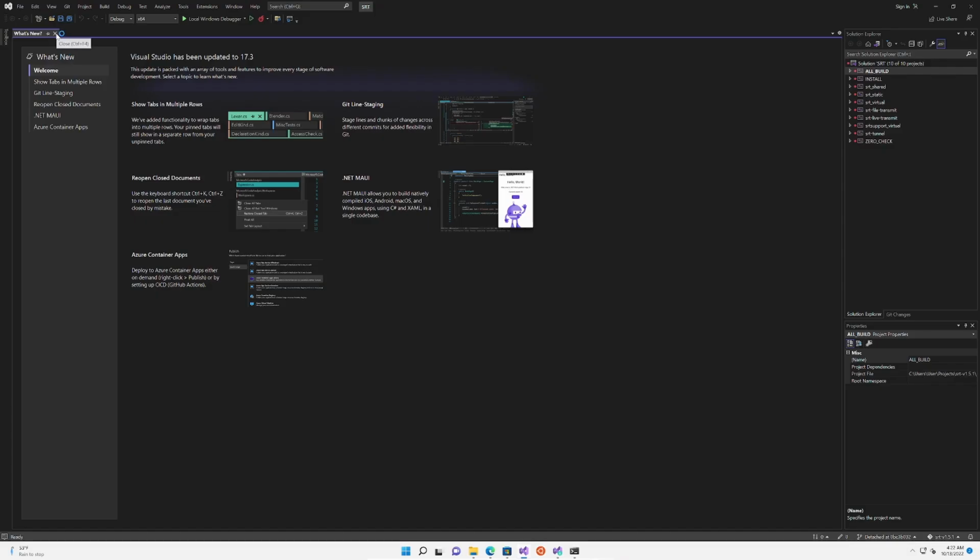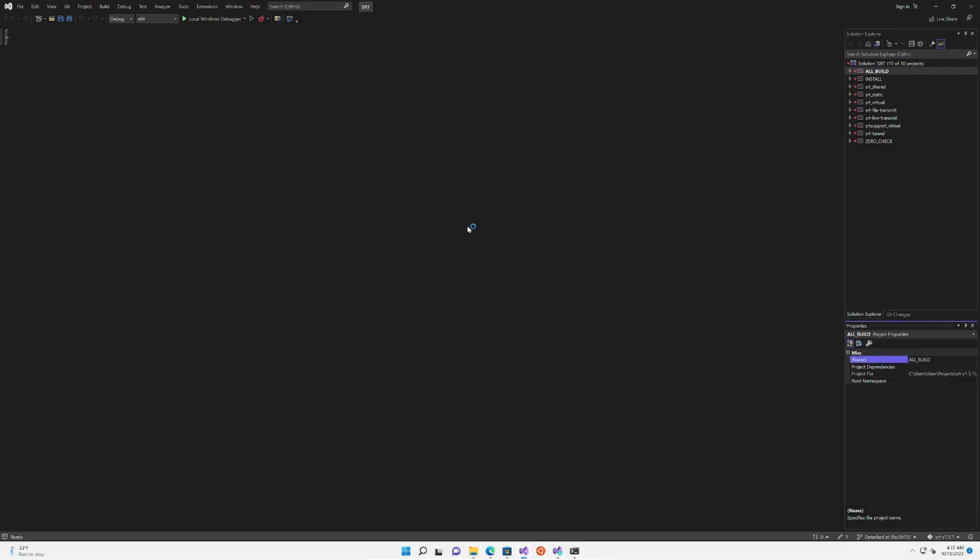So it tells you what's new, and okay, still loading the project. Sorry, the project is on the right hand side. I'm used to having it on the left hand side, so a bit different. So basically, the main